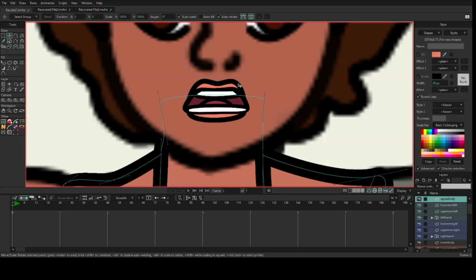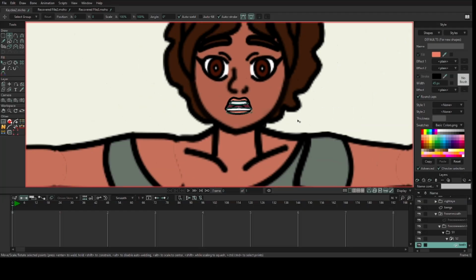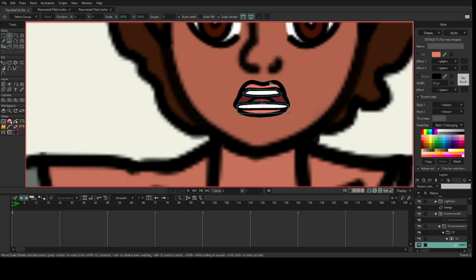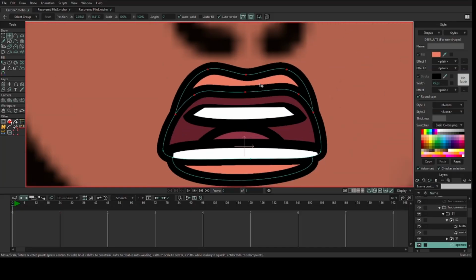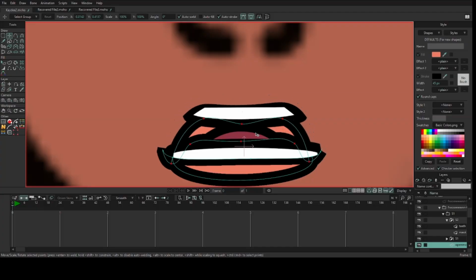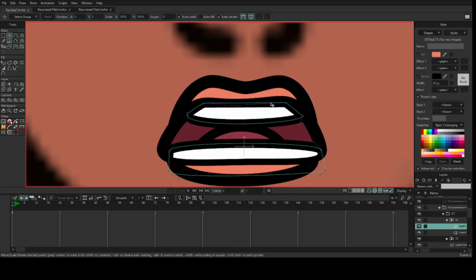I needed to general import instead of import as an SVG. So I think I got the mouths to work. Well, at least I got them to not do what they were doing. So, nah, that's not working. So, let me see.